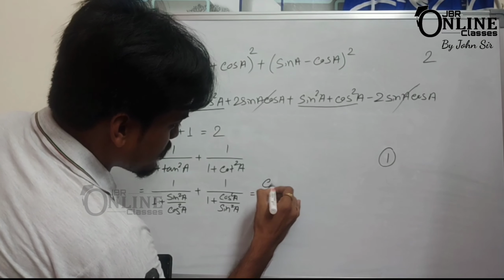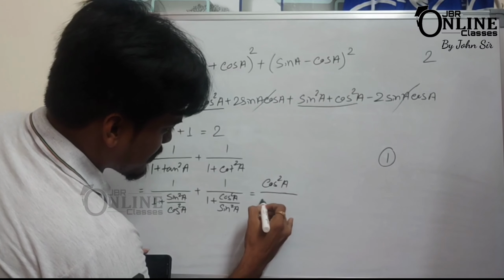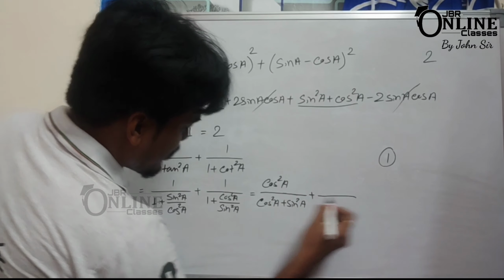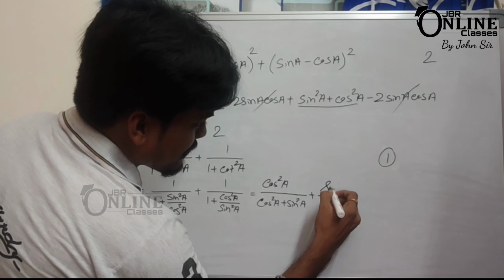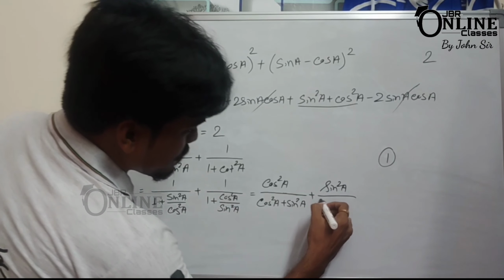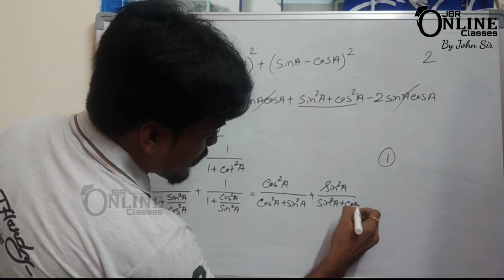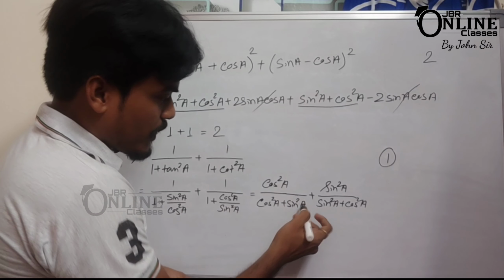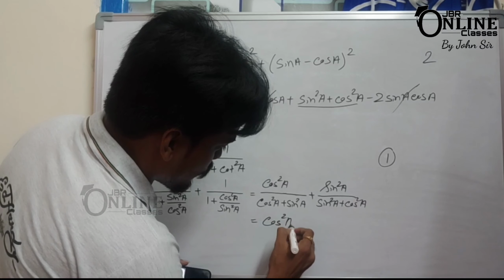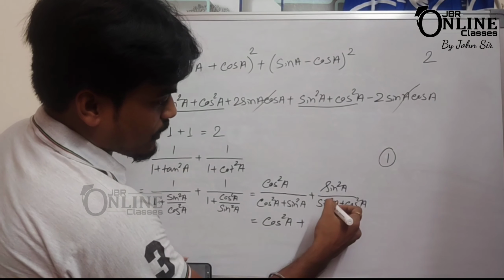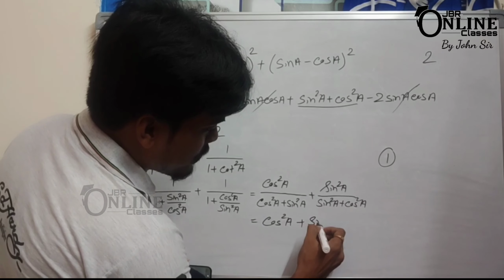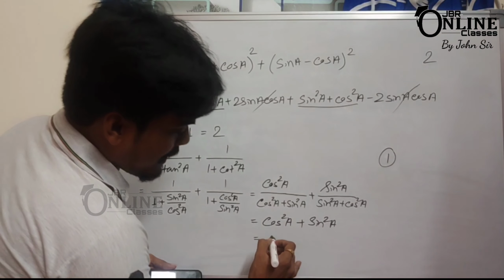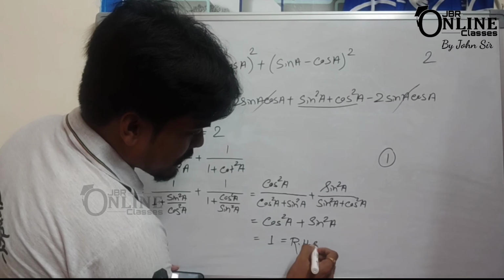So just write down this cos square in the numerator, and in the denominator there will be cos square A plus sin square A. Now next one, here the LCM is sin square. So write down the sin square in the upper portion, and in the denominator write down sin square A plus cos square A. Okay, now you know that sin square A plus cos square A equals 1. So the first one will be only cos square A, then plus here also sin square A plus cos square A equals 1, so the second one is sin square A. So finally you got cos square A plus sin square A, and that equals also 1. So that equals the right hand side.